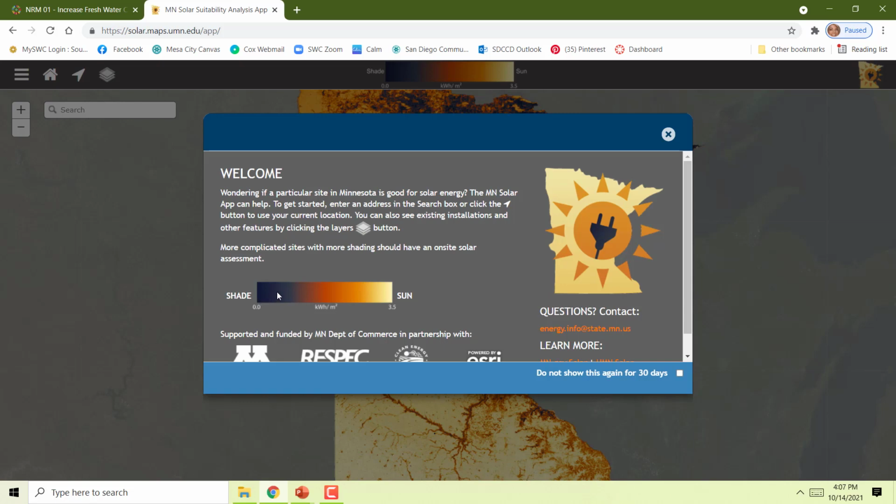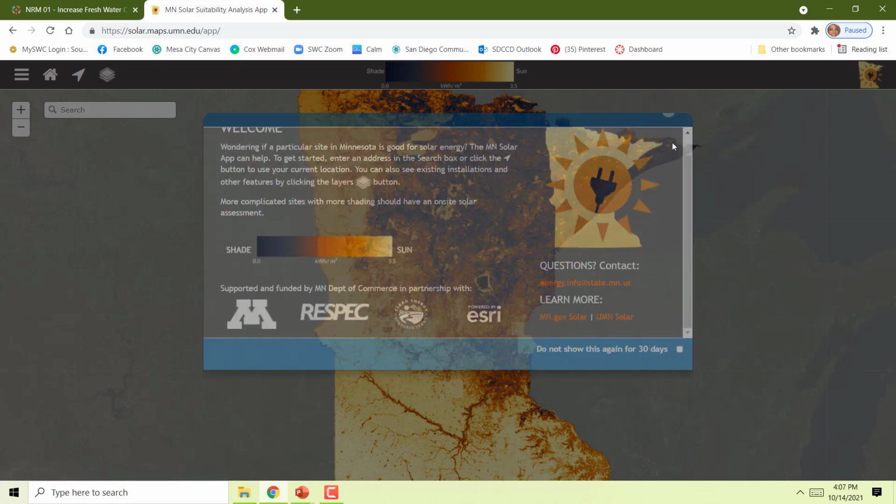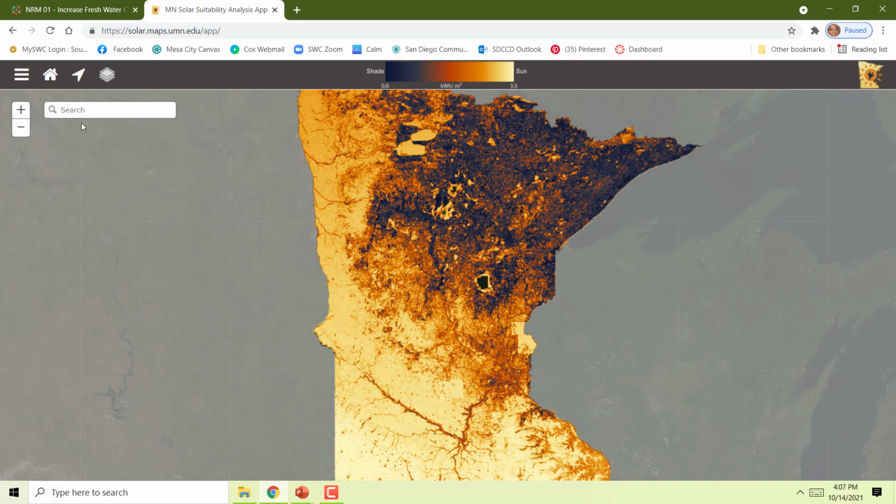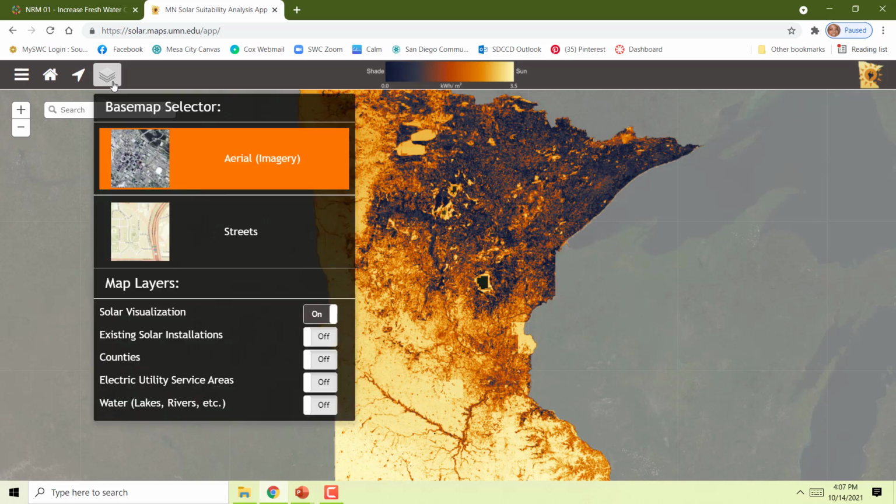And this is showing you areas of the state that have different levels of energy in these colors, with the darker blues being lower relative amounts, and then the oranges and the yellows being the highest amounts of energy. I'm going to close that information box, and I'm not going to search by an address, because what I want to show you is that you can search through all of this information. Here's our legend. This icon that looks like 3 pieces of paper,